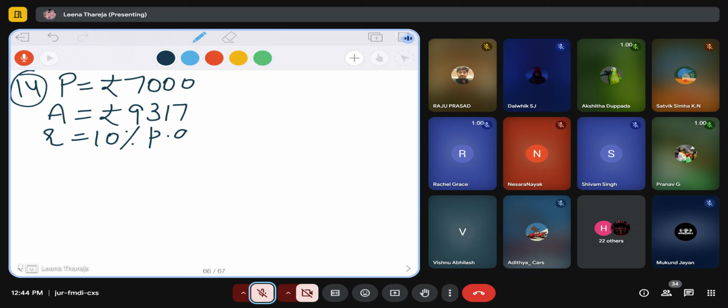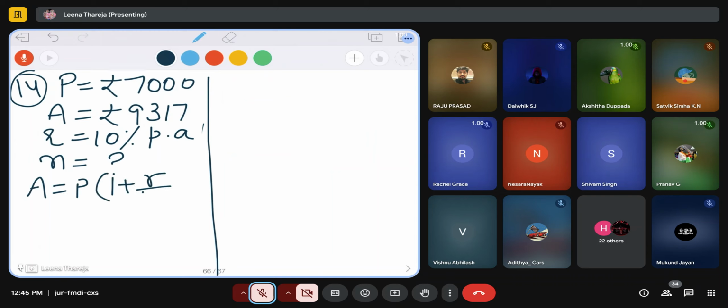Whenever you do any question, you should know what is given to you. Will you do this question? Yes, ma'am. Start doing it. Instead of n, they have given you r. Substitute into the formula. Same process you have to do, in the sense that 7,000 is to be taken down first. I'm done. Done so fast, huh? Super. 9,317 is equal to 7,000. Easy question it is.